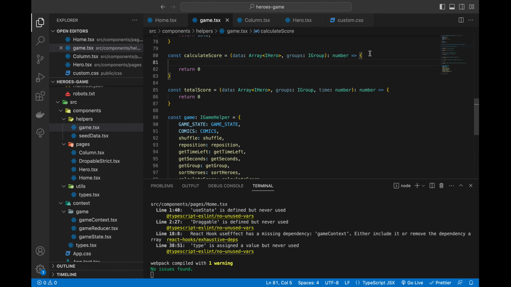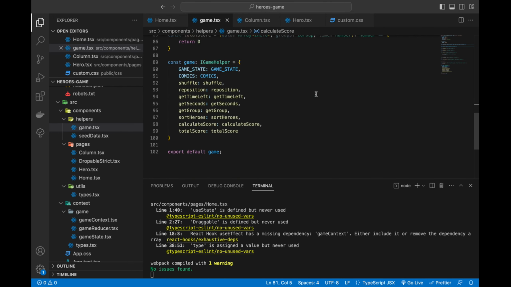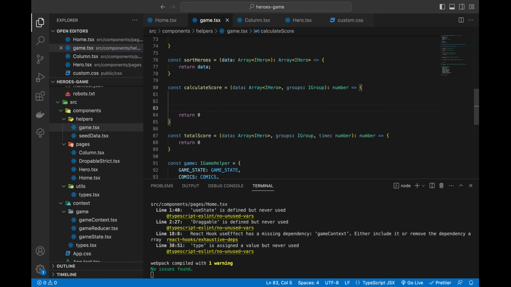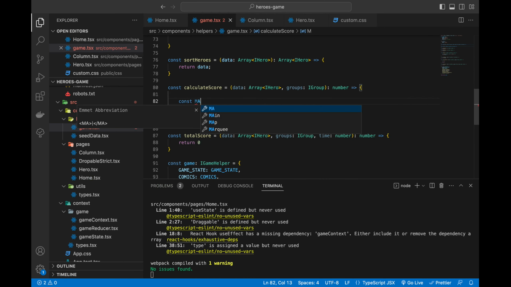Now, the first thing we want to do is how do we get groups? Like, how does this group thing work, right? How do we group first? But let's go on. So we'll say constant max point